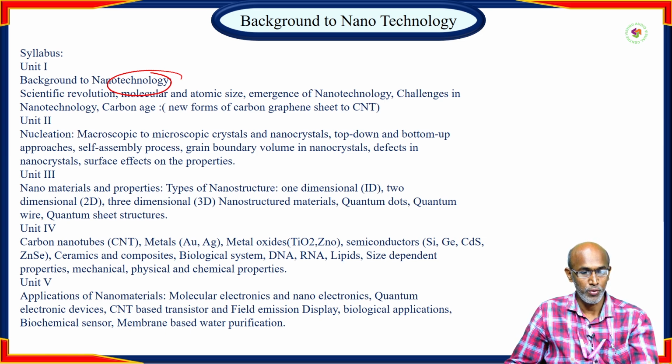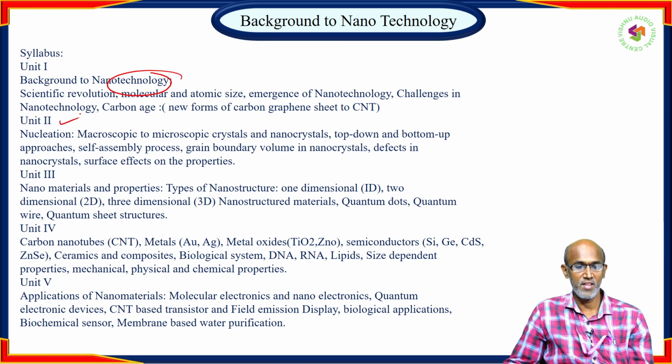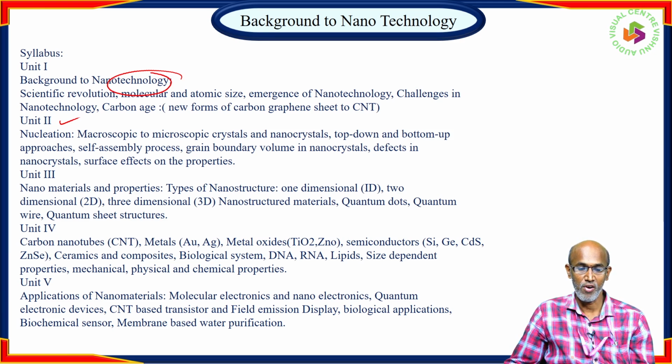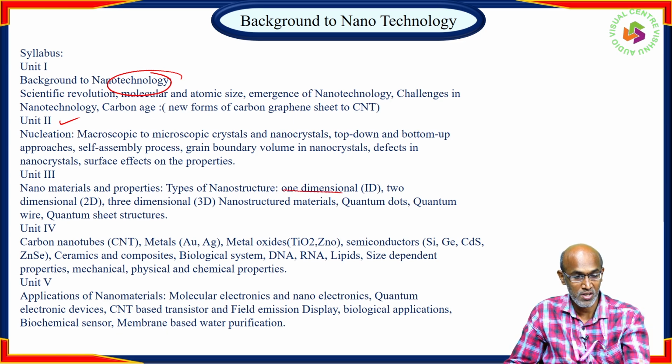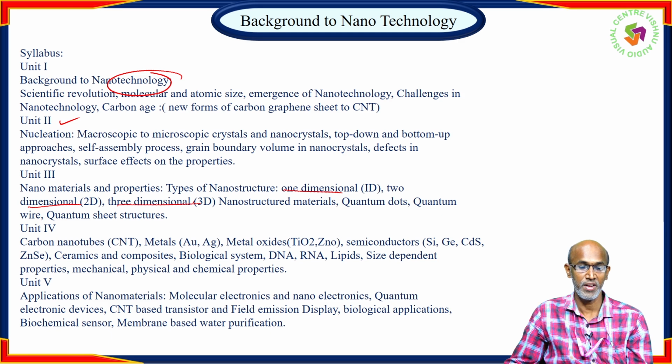Coming to Unit 2, we discuss nucleation, that is, macroscopic to microscopic crystals and nanocrystals, top-down and bottom-up approaches, self-assembly process, grain boundary volume in nanocrystals, defects in nanocrystals, and surface effects on the properties. And in Unit 3, we discuss nanomaterials and their properties. Here we will discuss the types of nanostructures, that is, one-dimensional, two-dimensional, three-dimensional nanostructured materials, quantum dots, quantum wires,